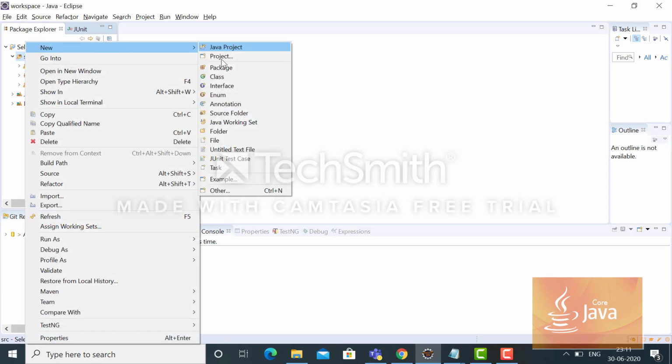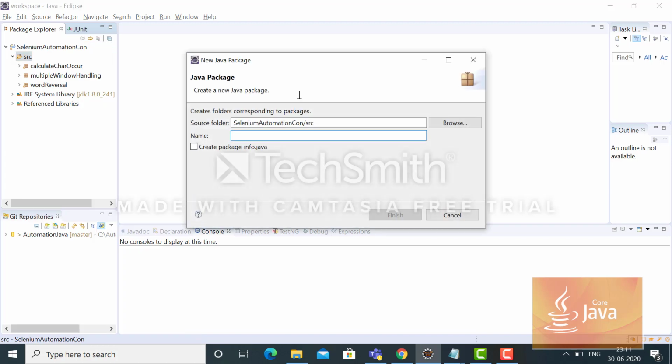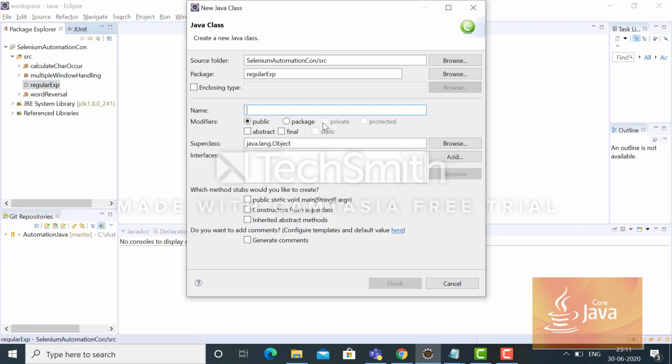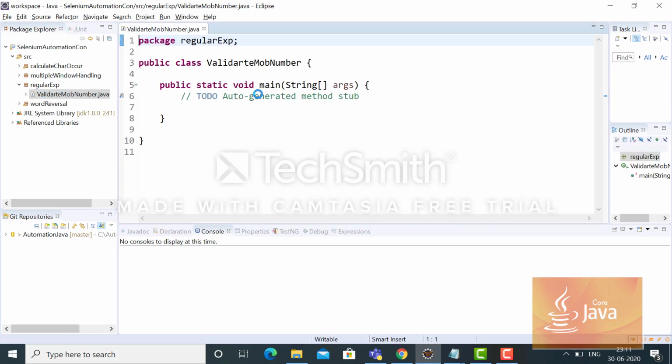Let me create one package called regular expression, and let's create one class inside it, validate mobile number.